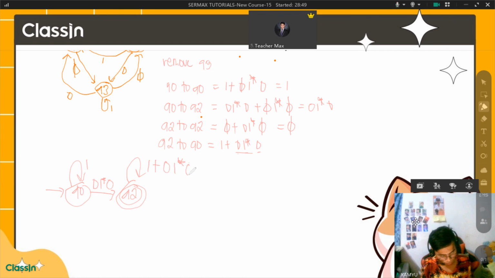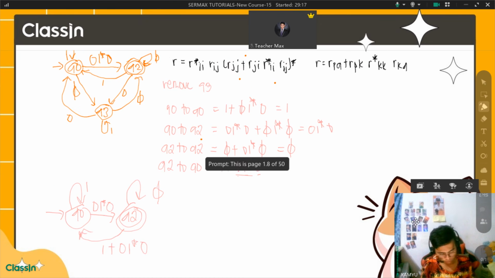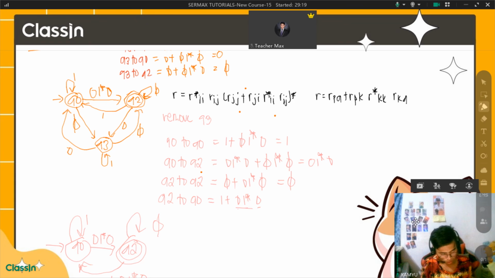And Q2 to Q0. No, I'm so sorry. Yes, that is Q2. This is Q2 to Q2. This is null. Q2 down to Q0, it will become 1 plus 0, 1, and 0. So therefore, by simplifying this using this one, it will become,